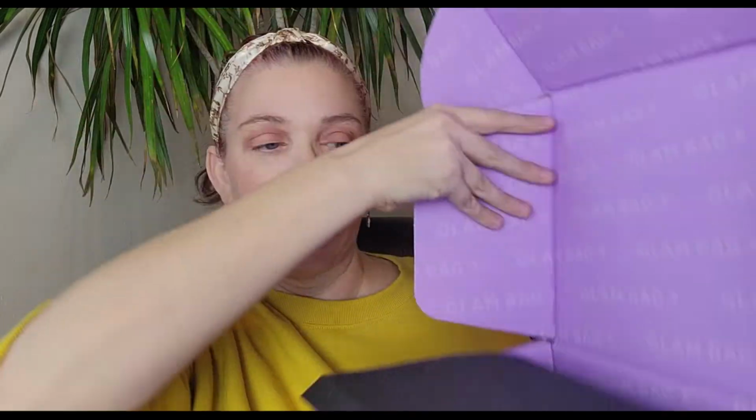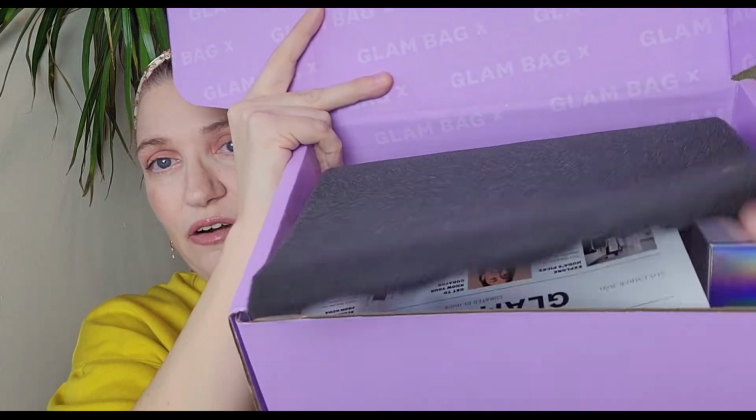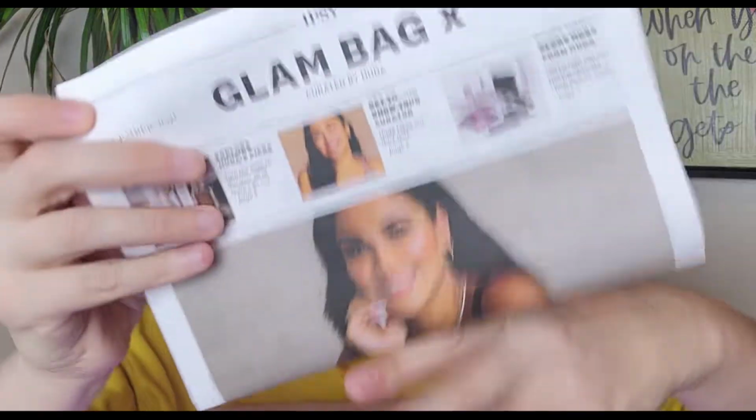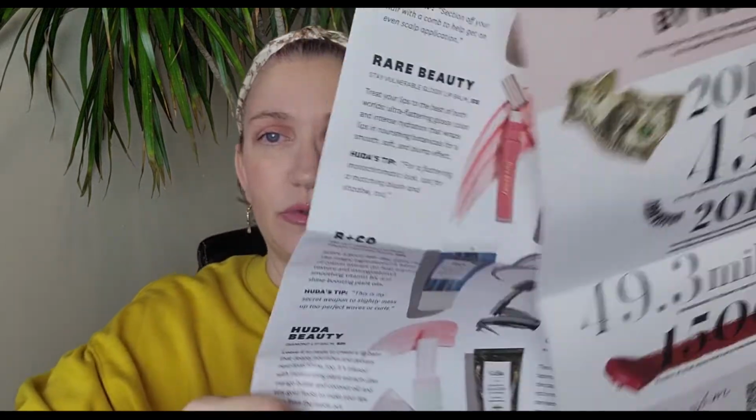It does say IPSY Glambag X on the inside. And then it's got this foam padding across the top. And that's what the inside of our box looks like. Just a little sneak peek. I may need to put my glasses on because they do have this flyer in there, and I want to make sure I can read all of it. The front of it says IPSY Glambag X, and this is curated by Huda. I know every 3 months they have a different person or group that curates the boxes. It has a place to get to know your curator, which is the Huda Beauty. And then it does have a page that lists the products that were...